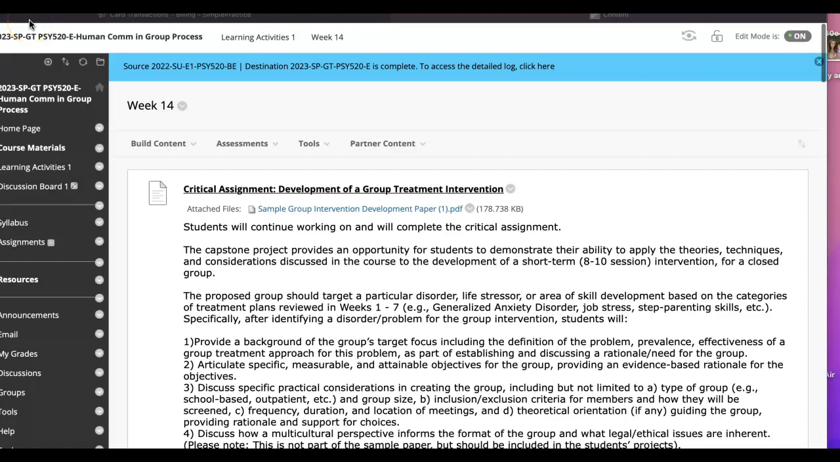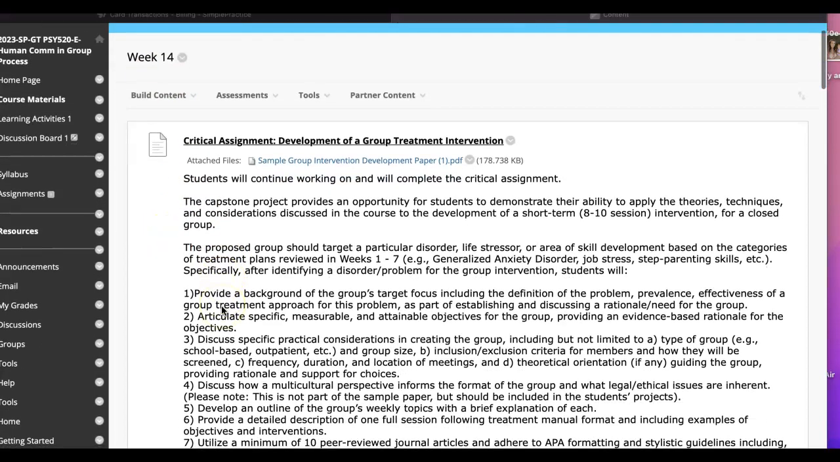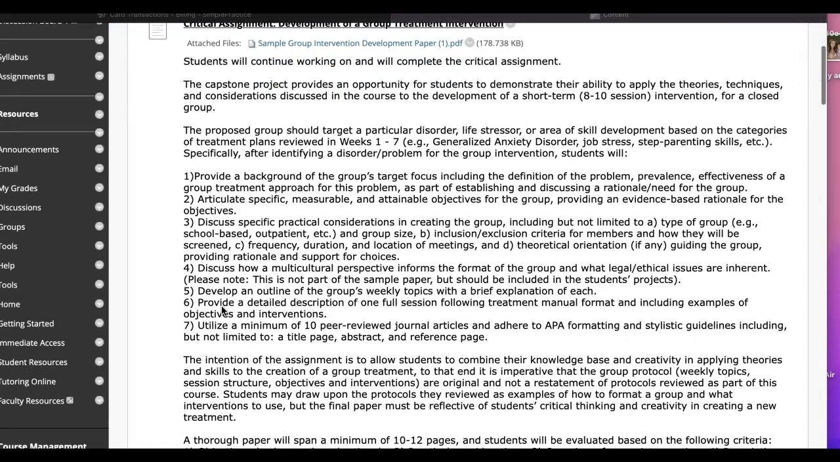Good morning, class. I've decided to talk this week because we're approaching the end of our time together about our critical assignment, which is due pretty soon. We have two big final things that are due. We have our critical assignment, which is a development of a group treatment intervention. And then we have our final, which is